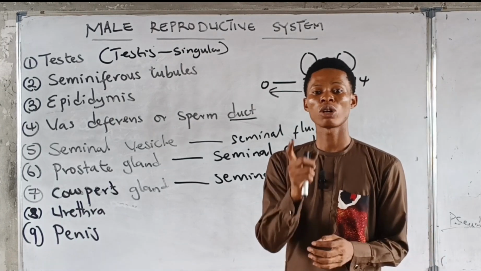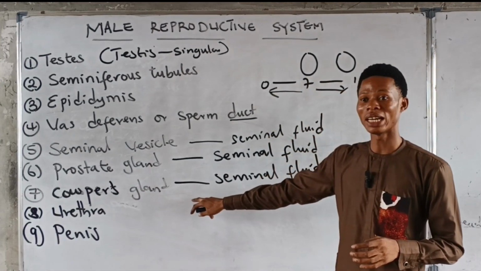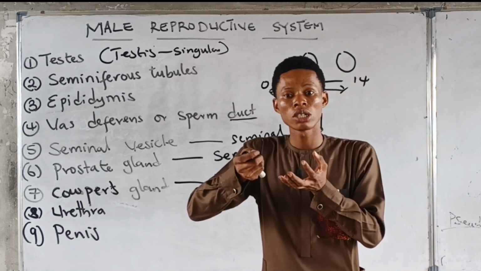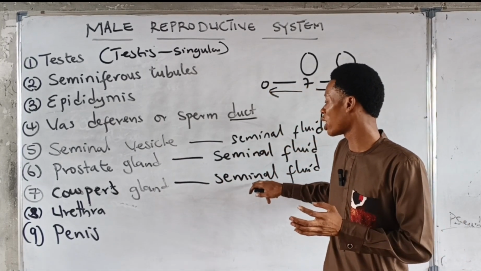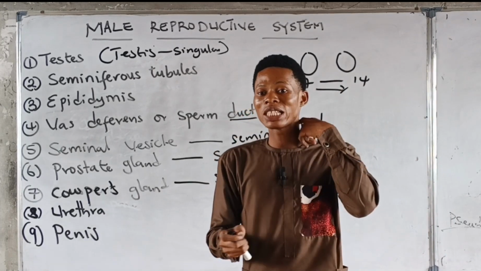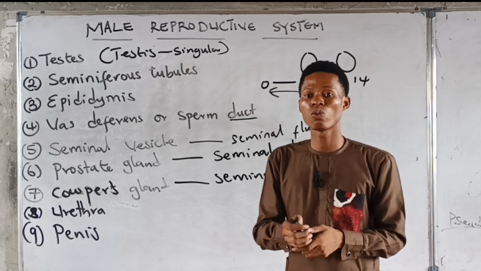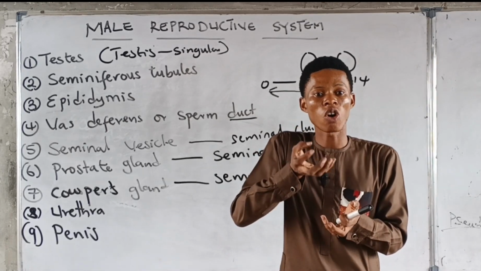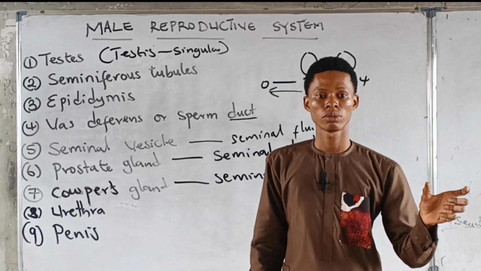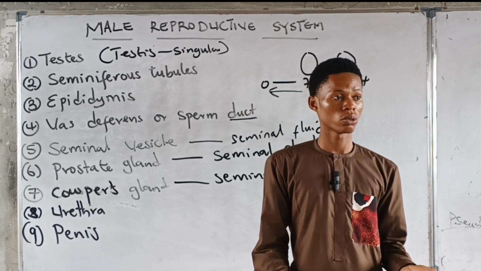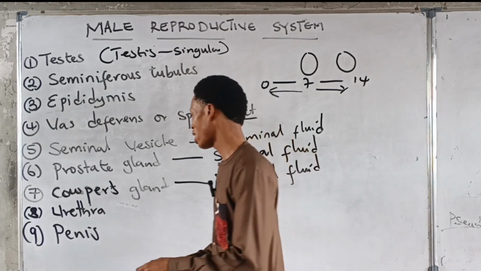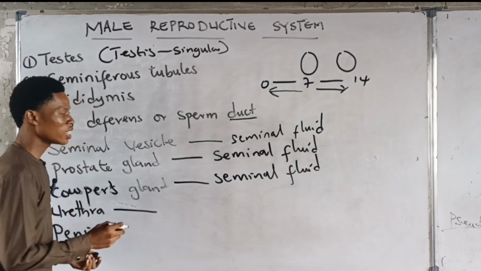So now, what happens is the Cowper's gland here produces seminal fluid that will help to increase the pH. So this Cowper's gland now produces seminal fluid that is released into the female with the sperm, so that this seminal fluid released will increase the pH of that female reproductive medium, so that the sperm will not be killed. Because if it's not released, the sperm will be killed. Understood? Next, the urethra. Now, the urethra serves